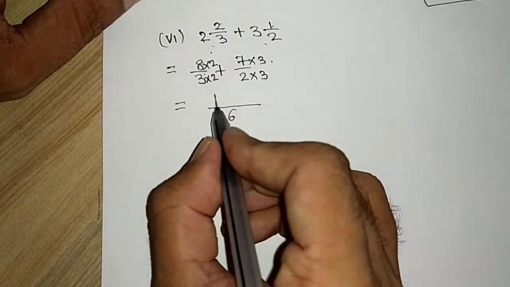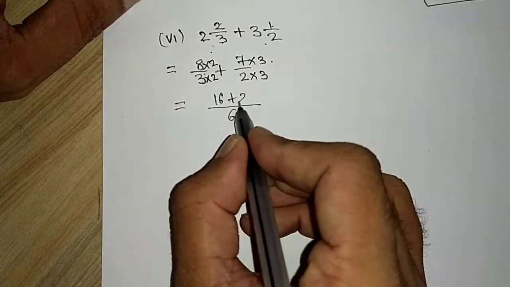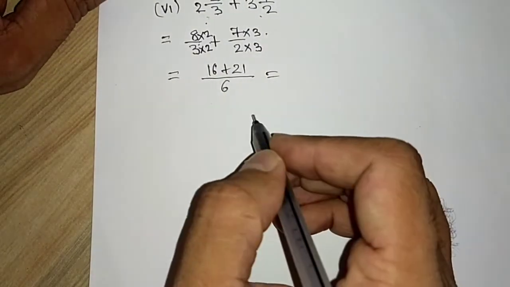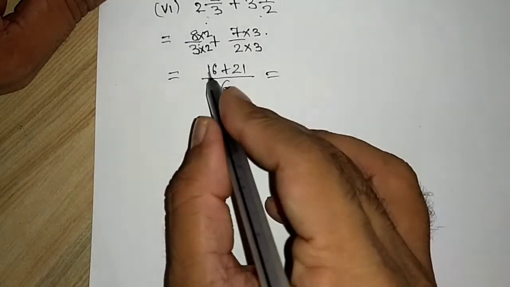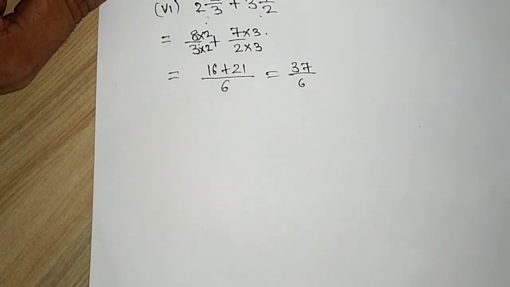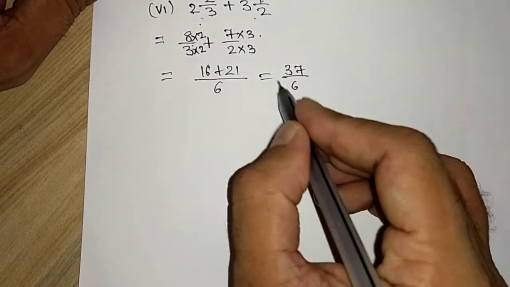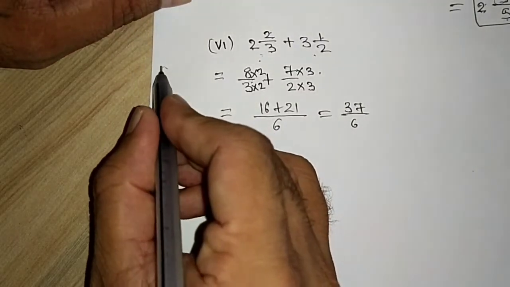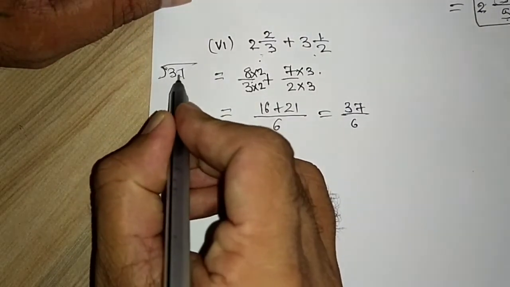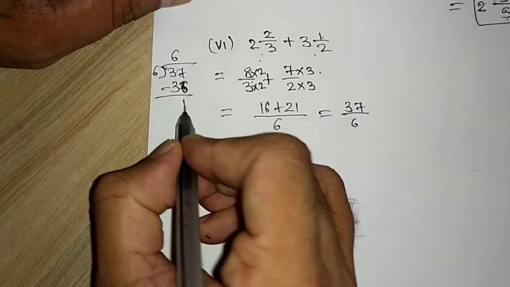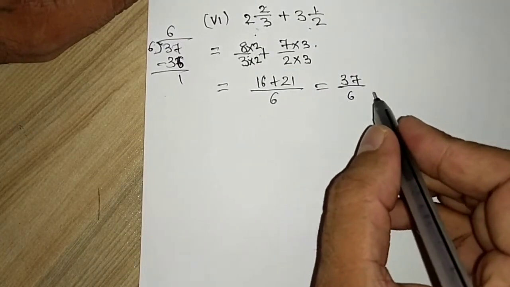So 8 2s are 16 plus 7 3s are 21. So your answer will be 21 plus 16. 21 plus 6 is 27. 27 plus 10 is 37. Divided by 6. Again, here we are having an improper fraction. So let me solve it in rough. 37. 6 6s are 36. So the remainder is 1. So our mixed fraction will be